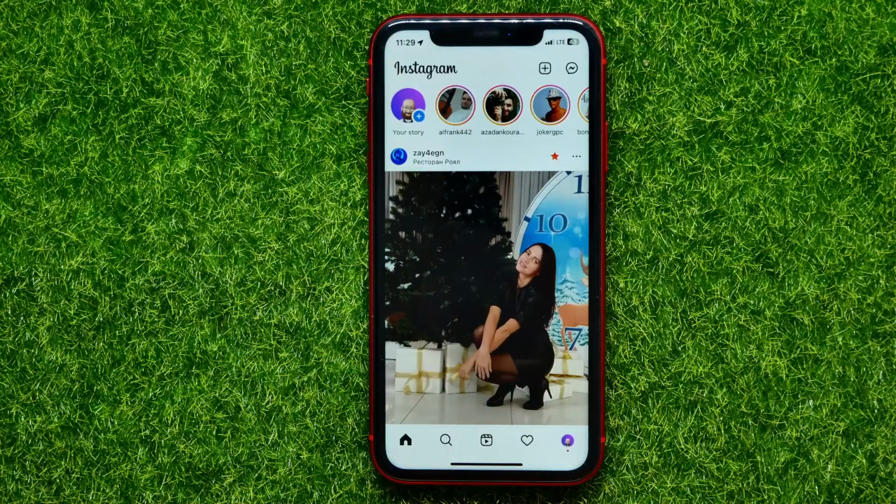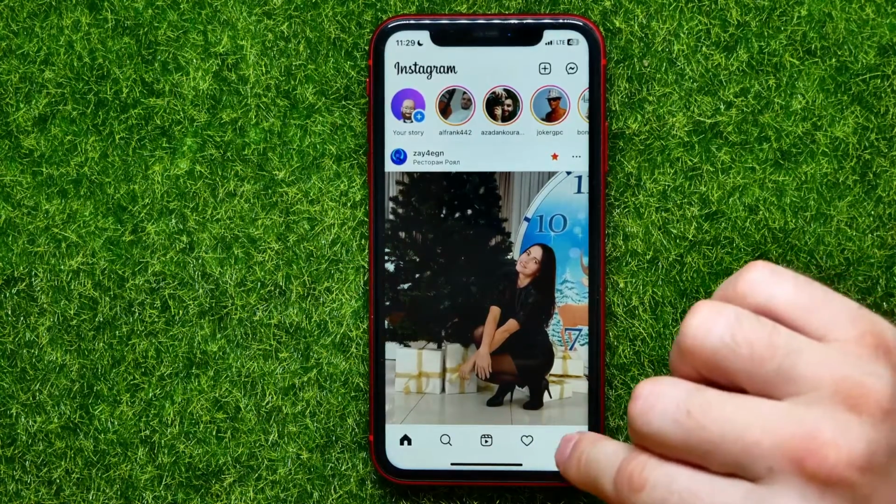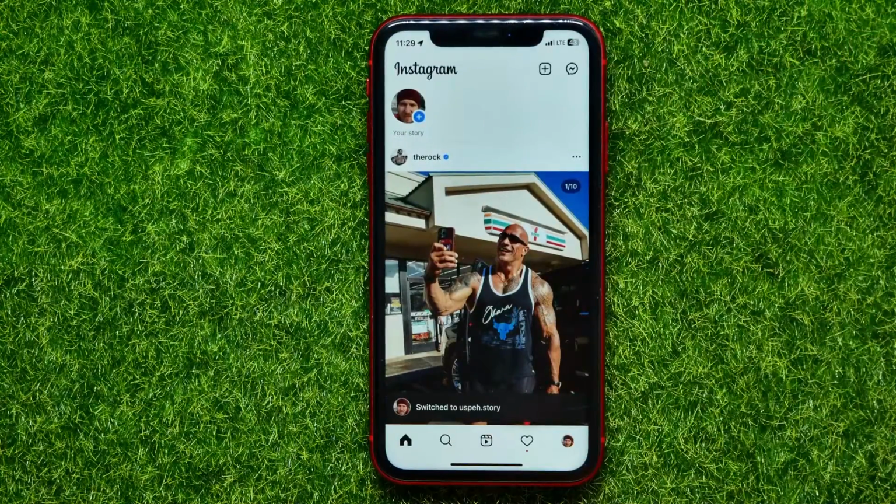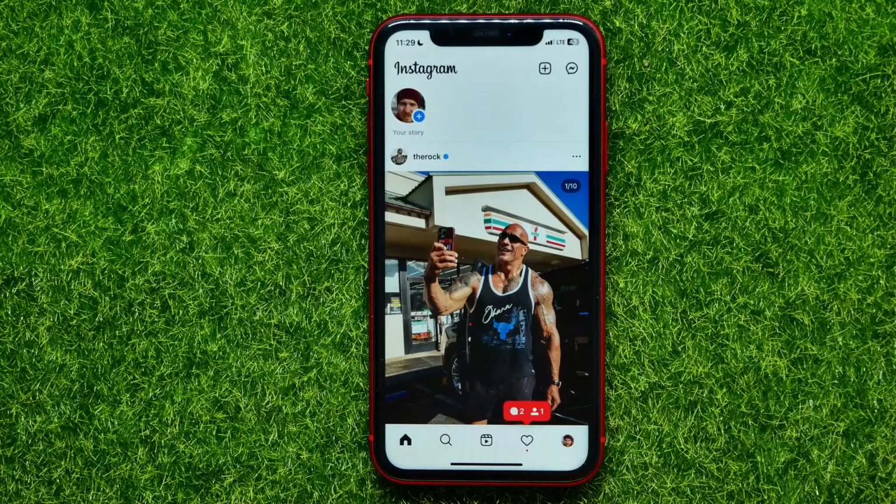You can easily switch between your accounts simply by tapping right here at your profile picture twice. In that way you can switch between accounts, and you can now hit the like button if you didn't know